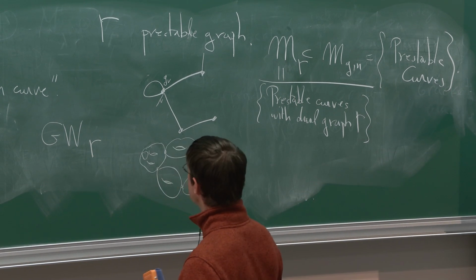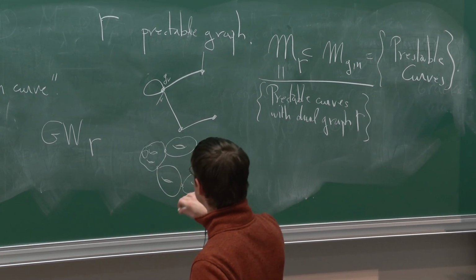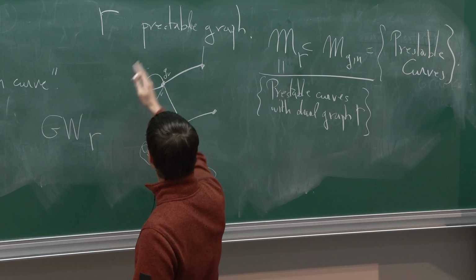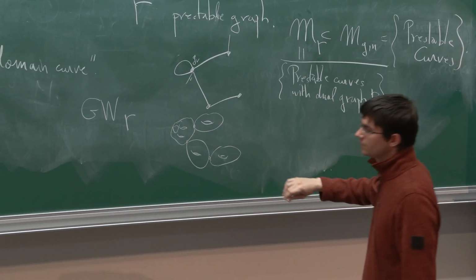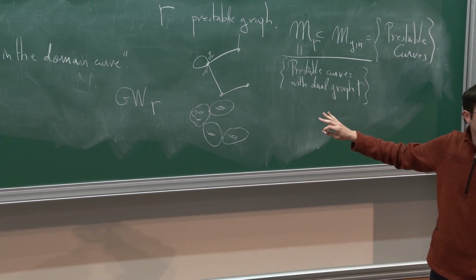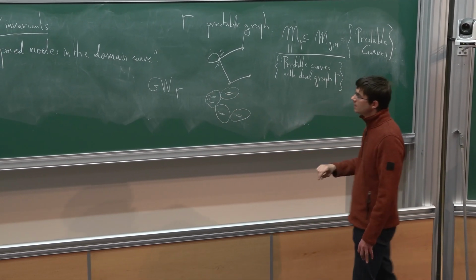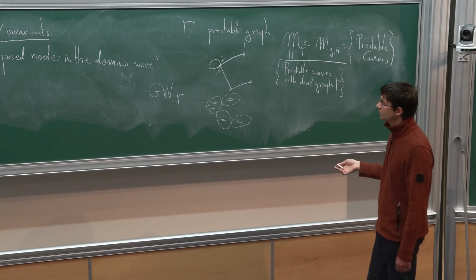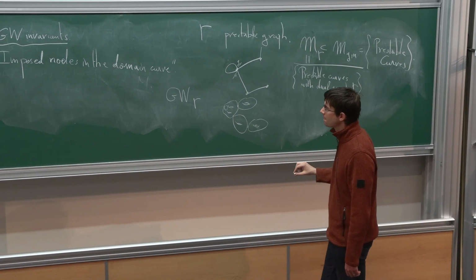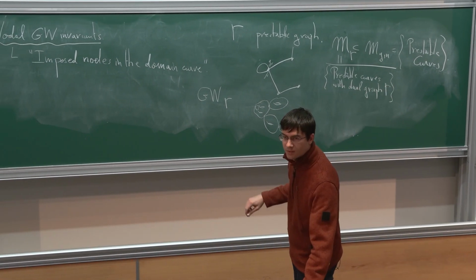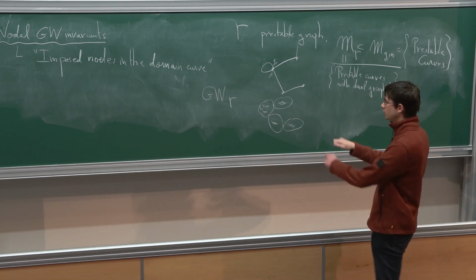Okay, so you can define Gromov-Witten invariants for every choice gamma of such a stable graph. So you impose your nodal curve to have a pattern of nodes prescribed by the graph gamma. And usually, it's not extra information with respect to usual Gromov-Witten invariants, because there is a so-called splitting formula in Gromov-Witten theory which just allows you to remove a node